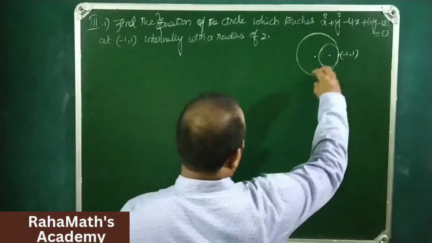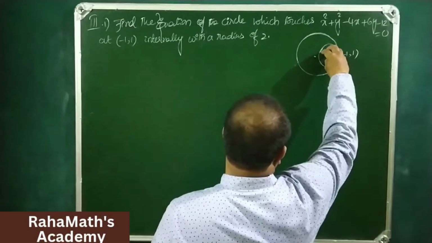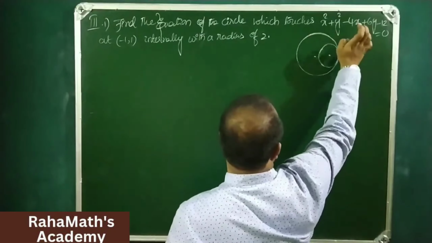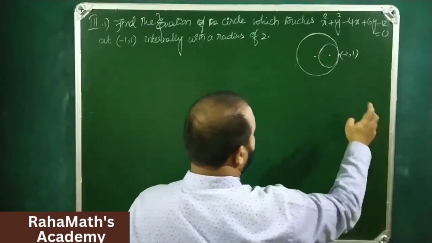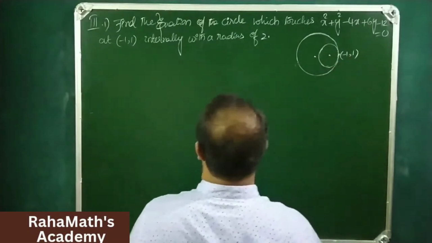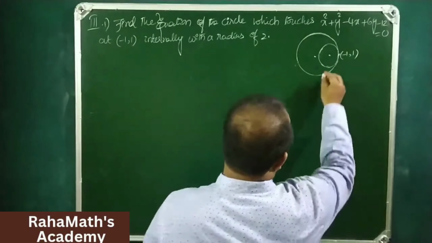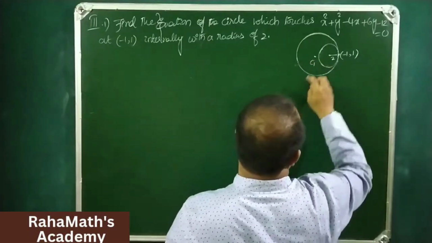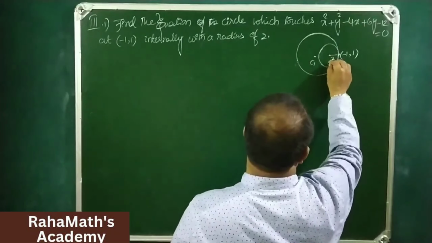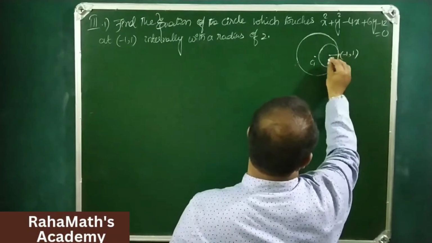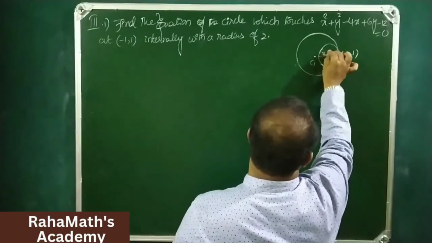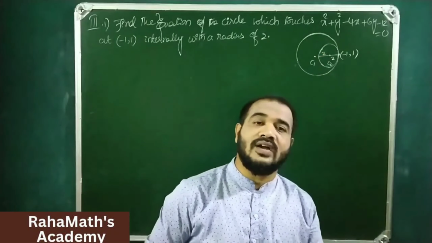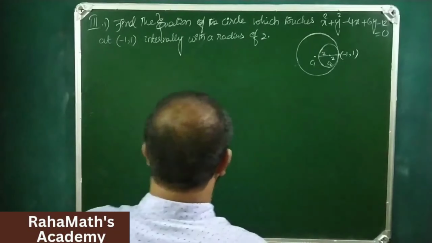So we need to find out the equation of this circle. So this circle is lying inside the given circle. This circle is the given circle and both are touching at a point minus 1 comma 1, and the required circle's radius is how much? 2. If it is 2, C1 is the center of the big circle, C2 is the center of the small circle. If it is 2, this is also 2. That means the total diameter is 4 of the required circle. And so, solution,